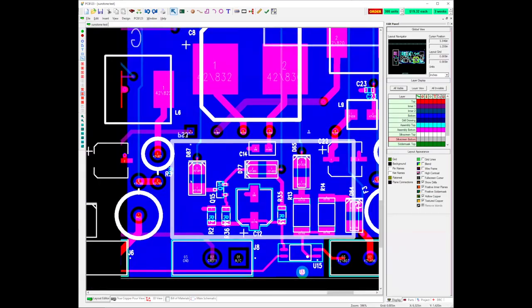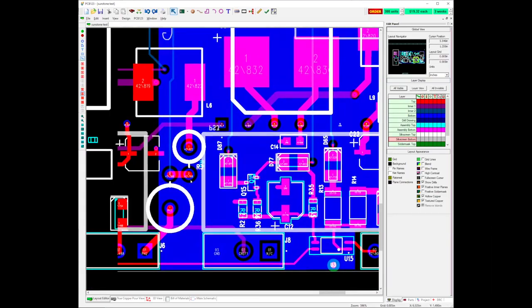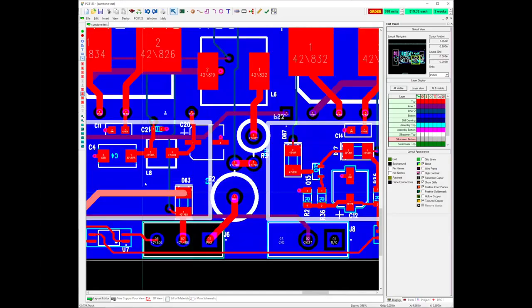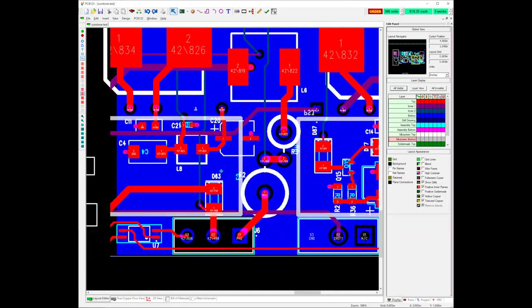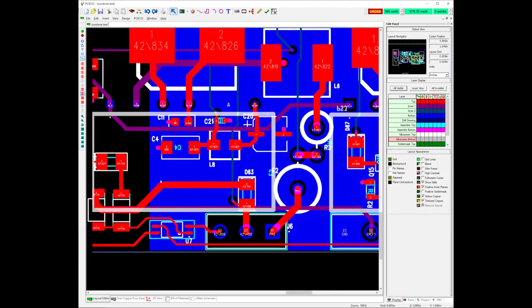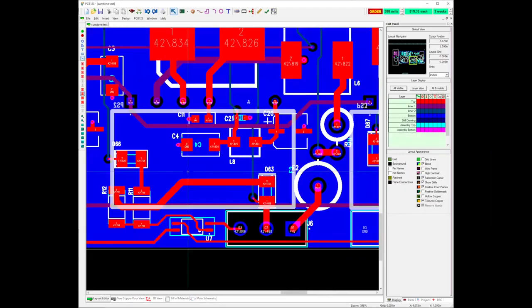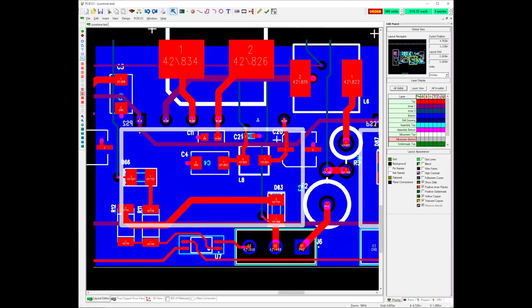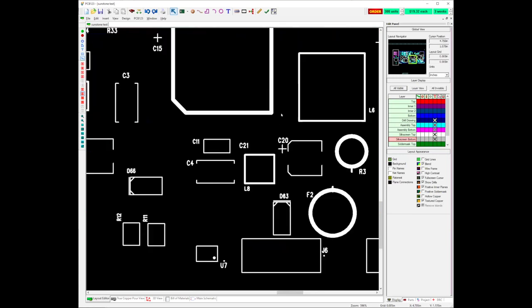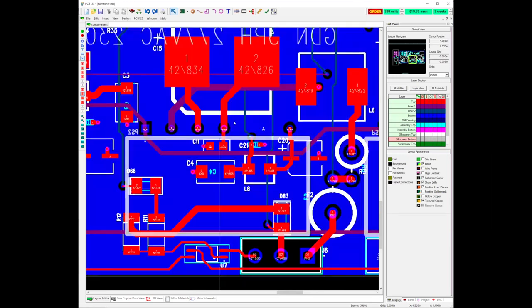So the difference, you just have to keep track of what you're trying to do and why you're trying to do it, and be careful not to do too much all at once with your commands. With that, we're going to go in and make some power planes. I'm going to increase this board to a 6-layer board,